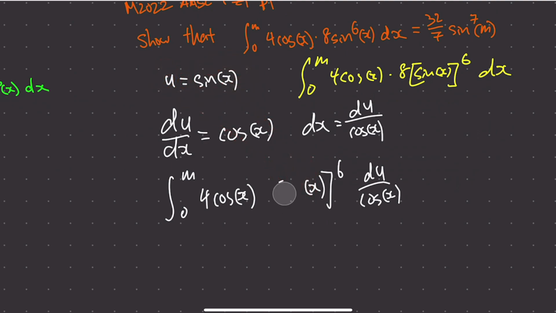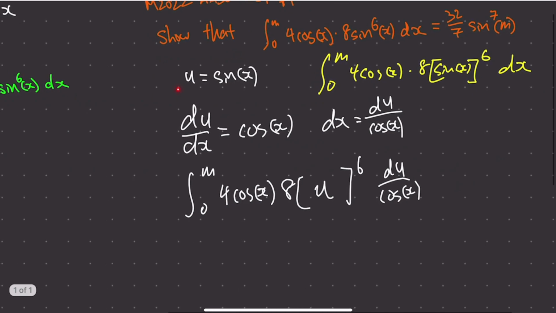So let's just erase this chunk here and then replace it with u, okay? So how do I know that I need to substitute u with sine x? Okay, so the first reason is because sine x is in the brackets, and also the second reason,